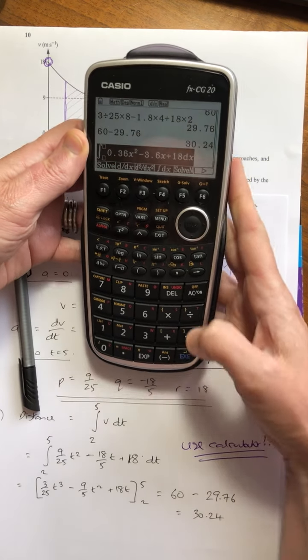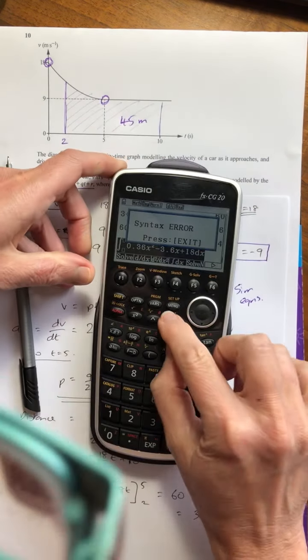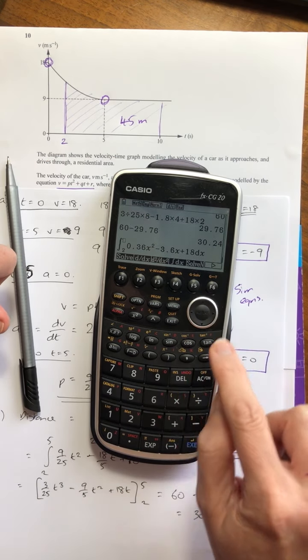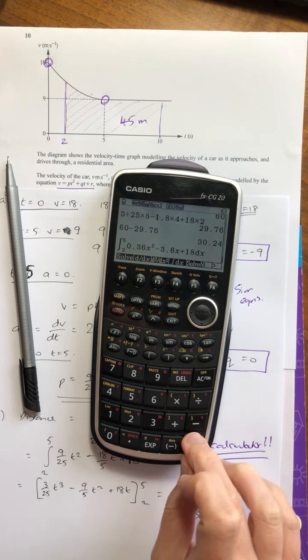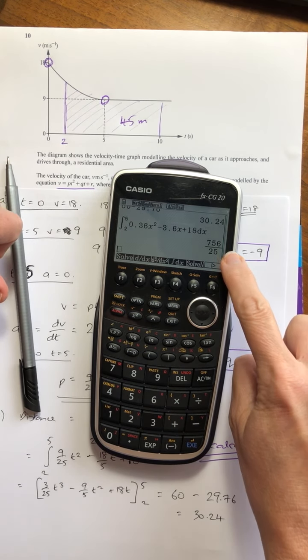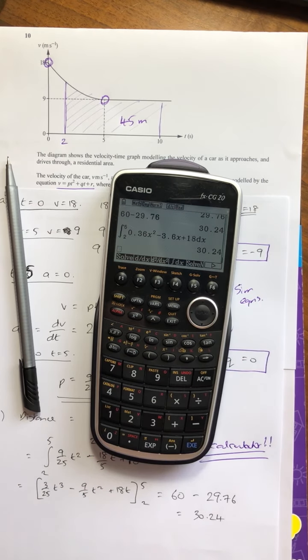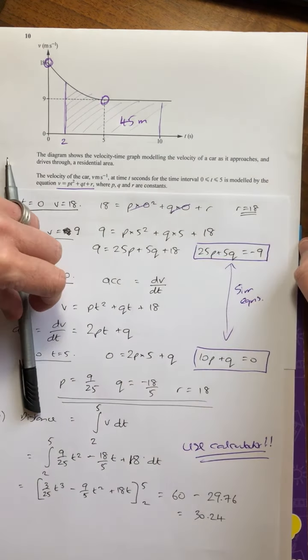That's annoying. So there will be a way of getting in there. There, I'm in. So 2 there, and can I go up to the upper limit? Excellent, 5. The answer, 756 over 25. Hopefully that is, yep, 30.24. Okay, so